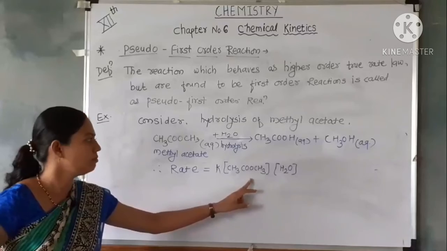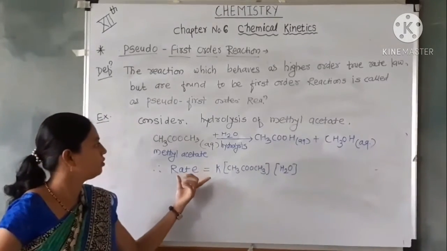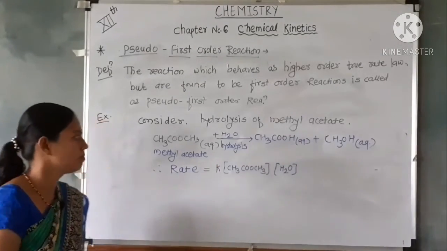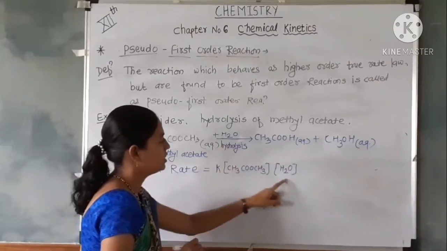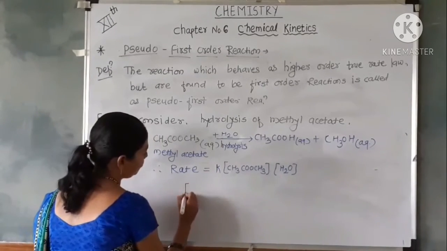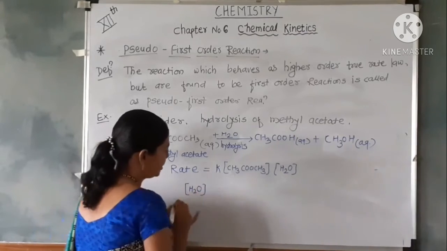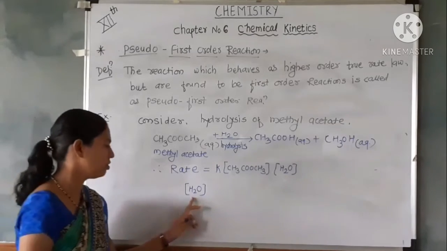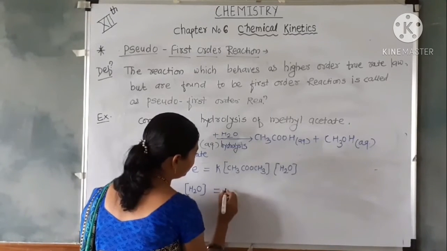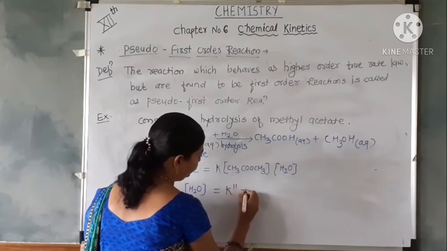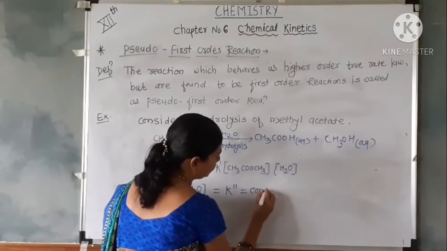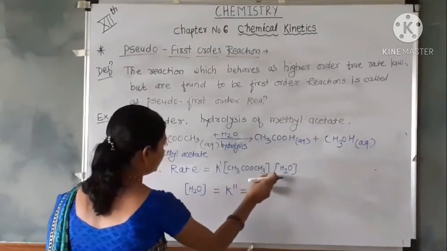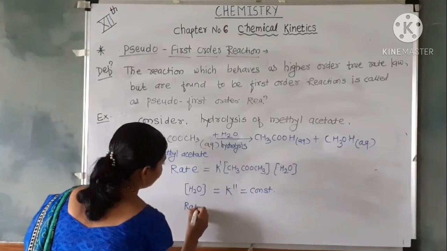which is expected to be a second order reaction, but experimentally it is found that the order of the methyl acetate reaction is 1, that means first order, because the methyl acetate is hydrolyzed by water. The water is in excess quantity. Therefore, the concentration of H2O is constant. Therefore, we substitute this in the rate equation,